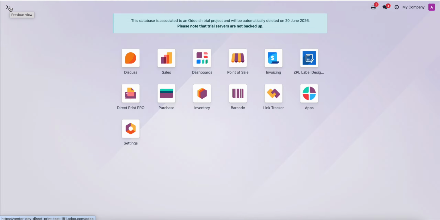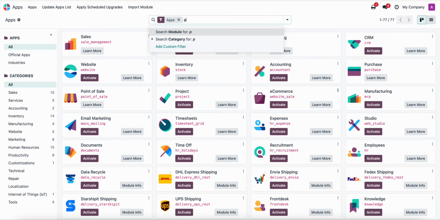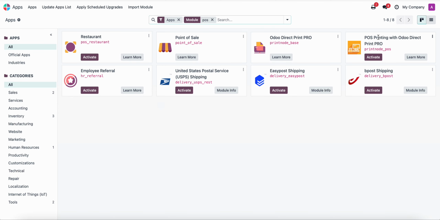After that, we need to install our plugin Direct Print Pro for Point of Sale from our GitHub repository into Odoo, and after that it should be visible in the Apps module. So let's see, Point of Sale, POS Print Order Direct Print Pro. Clicking on the Activate button,